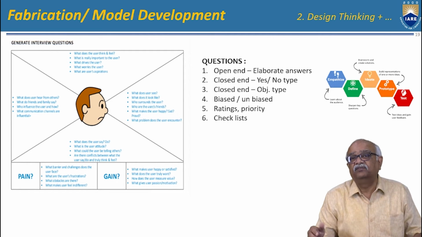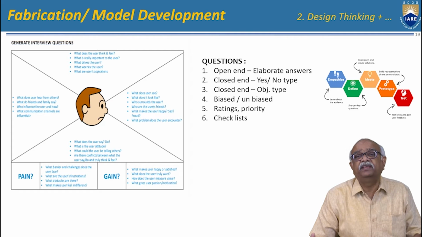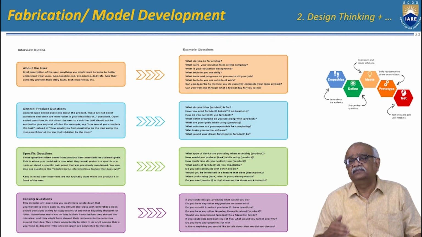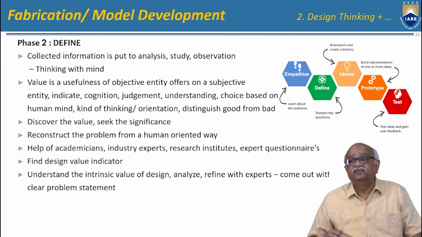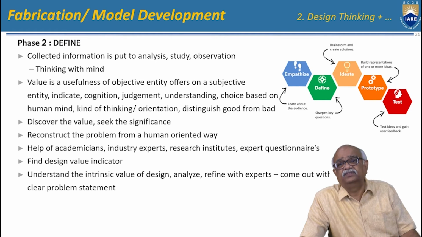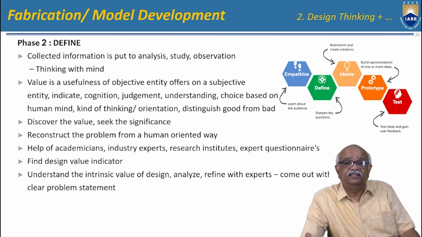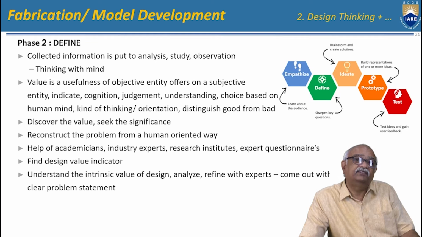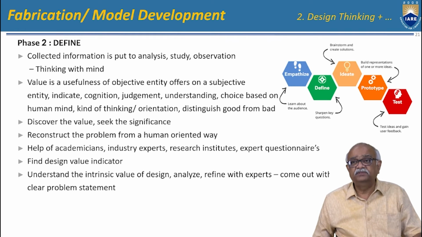See here, what, where, who, when, all these things play a very important role. This is another type of thing. So after this, you have collected all the information. You have a lot of information. Now you have to sit and then coolly think and segregate it and create, with the help of some experts or without, or with taking the customer himself. What you have to do is see which is very important to the customer, which is very valuable, where the customer is giving value. Some guidelines are,